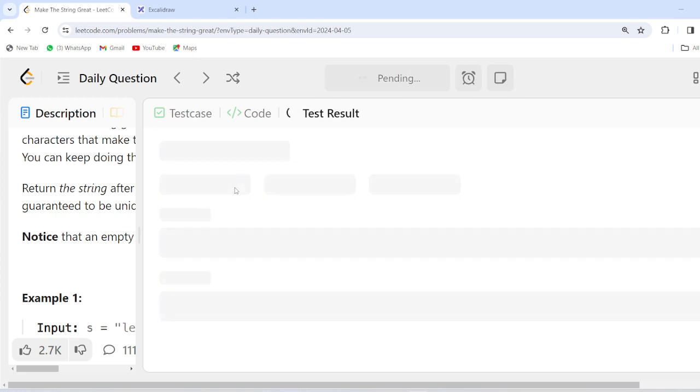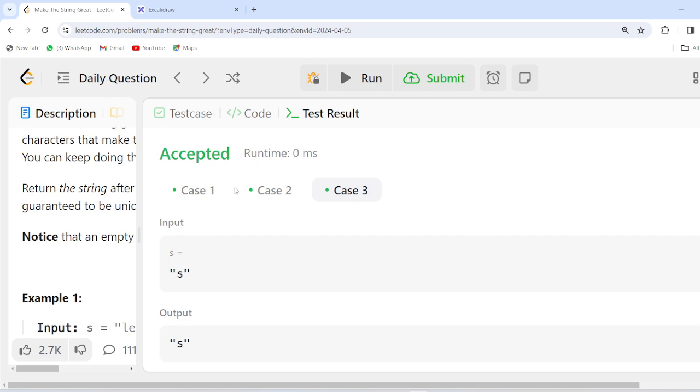So let's see, is it working or not? Yes, our code is working correctly. Now submit this code.